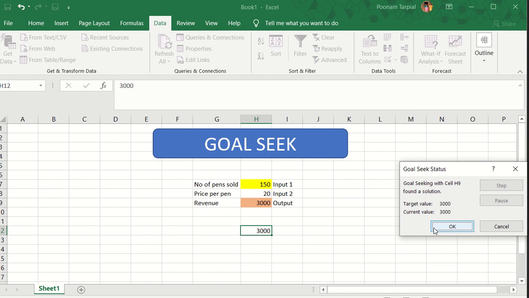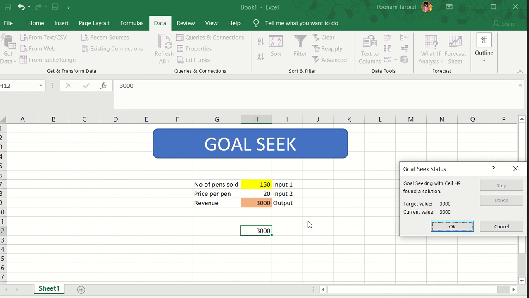Now you can see that it has automatically changed the value, it has given me the final output, and it has calculated the number of pens that I intend to sell. So this is how you can use the goal seek formula. One of the interesting facts about goal seek is that it does not change the formula which is applied.